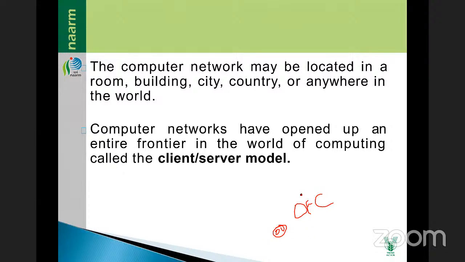The OFC cable is made up of glass. Whatever glass we are using now for drinking water and other purposes, they are made up of glass. Why is it made of glass? It is more transparent to pass the signals. It is more transparent to transfer the signal compared to copper, aluminum and other wires.